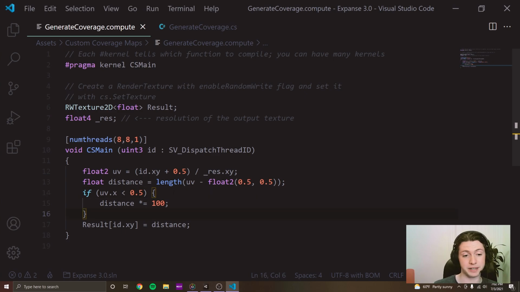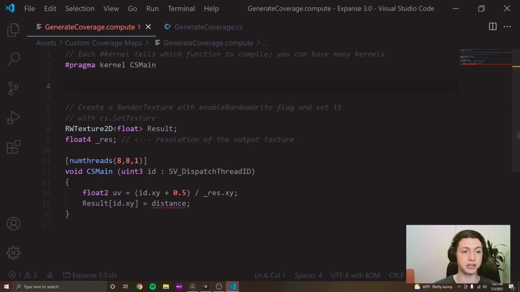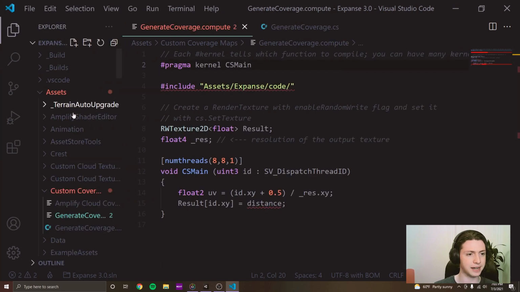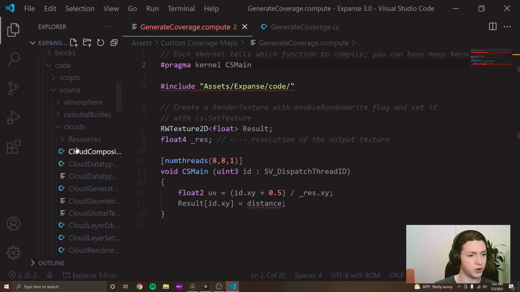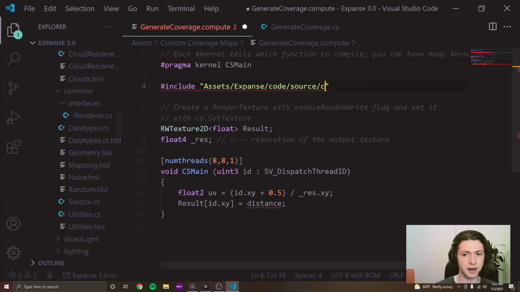Say that we want to do something a little more complicated and a little more interesting. Let's say that we want to create some kind of streaky noise that sort of has long stripes of clouds. That would be pretty hard to do just on our own, but we can actually use some of Expanse's noise libraries to make it easier. So if we do include assets Expanse code, assets Expanse code source common